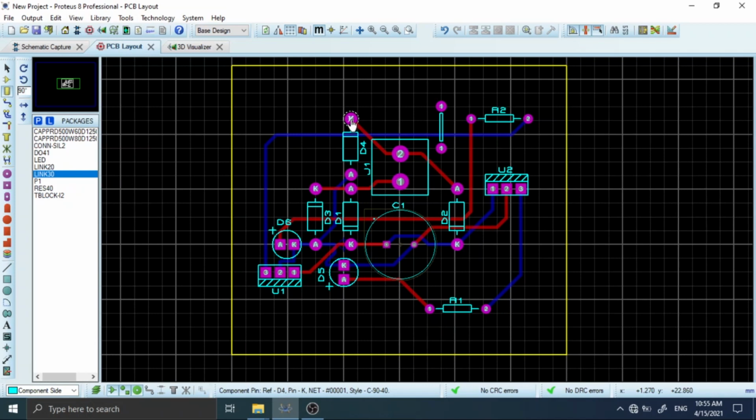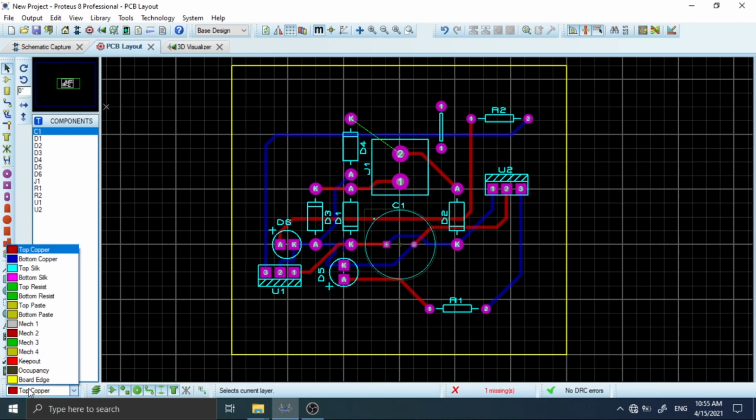So the next thing is that I am going to select this. I come and press on this and I select this one. For example, I will delete it. Now it's telling me that the connection is to be made here, so this line is indicating that. So I am going to come here and select this